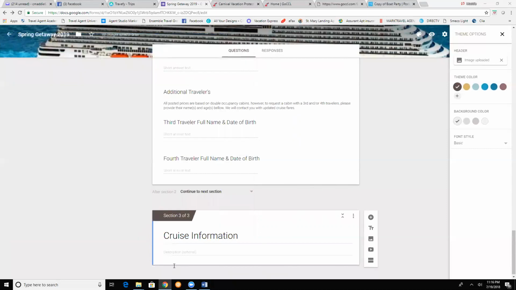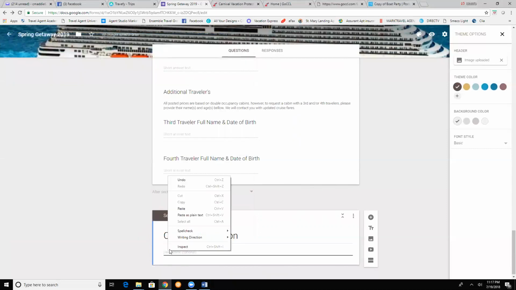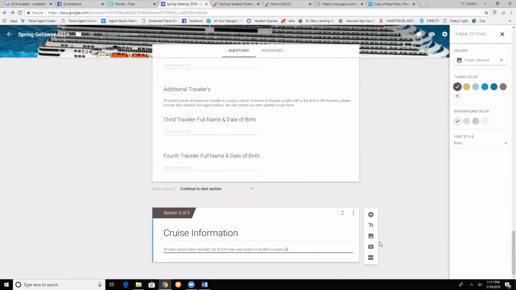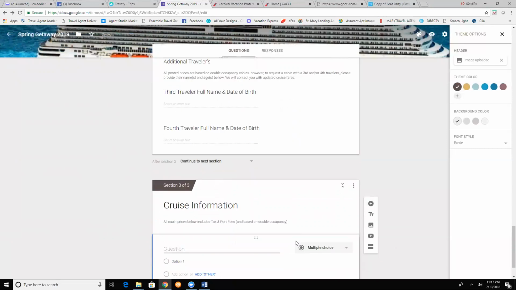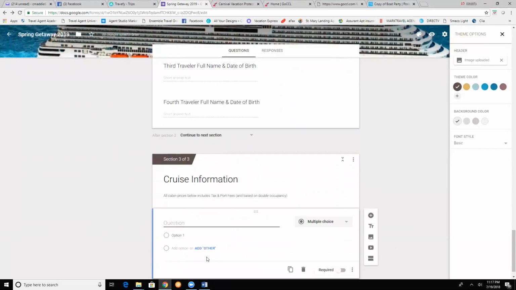Copy. In the description, I'll just put all cabin prices below include tax, import fees, and are based on double occupancy. So I'm going to add a question. And my first question is going to be,